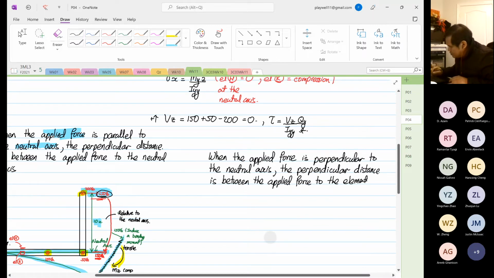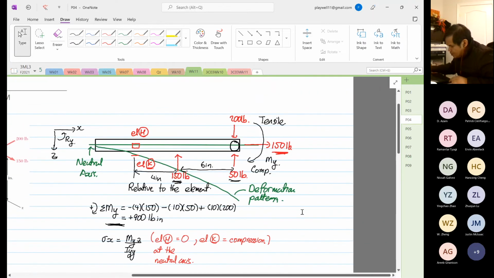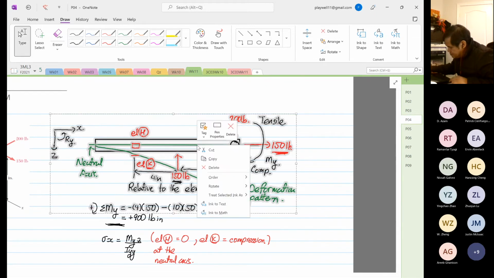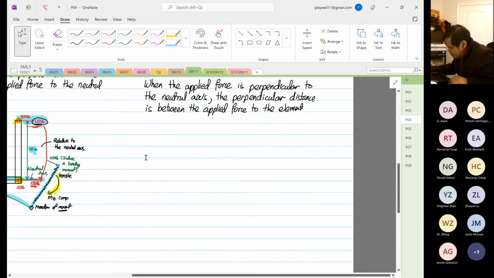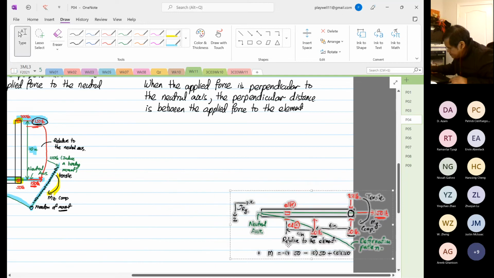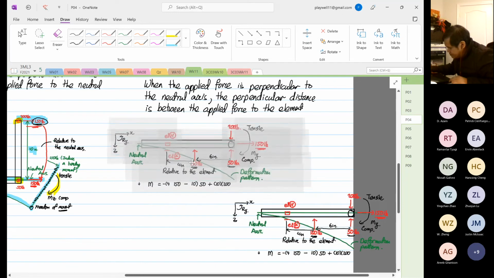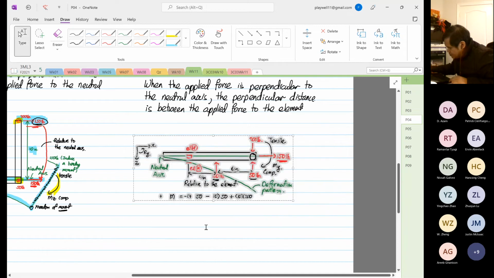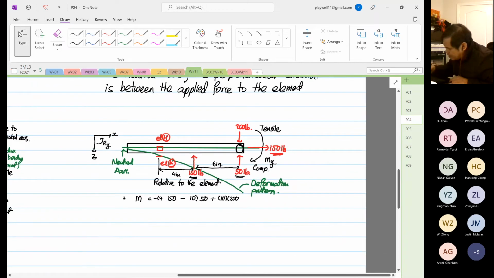Okay, so I'm going to copy this diagram. I'm going to paste it down here. I'm going to squash it, and you can see the difference, right? So over here, if you look at the forces now, right,